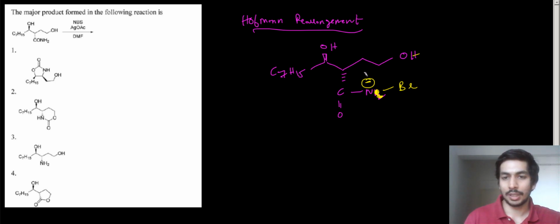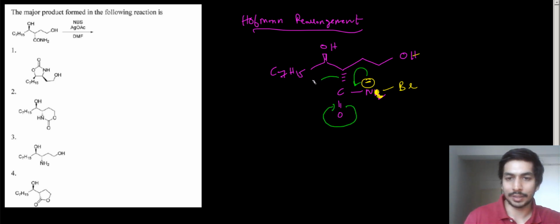So what is going to happen? This N minus is going to migrate over here, okay? Or you can just show the formation of nitrene also. You can go by whatever mechanism you want. Either you can directly show that this bromine leaves and we get a nitrene, or you can show that N minus migrates over here and forms O minus. The O minus migrates back, and then this whole group migrates to the nitrogen. So this is nothing but Hofmann rearrangement, and then bromine leaves, okay?